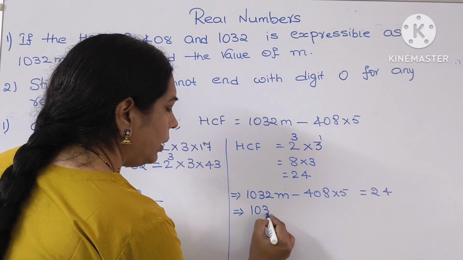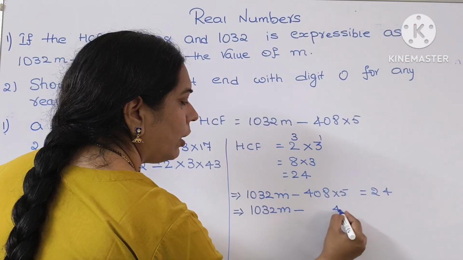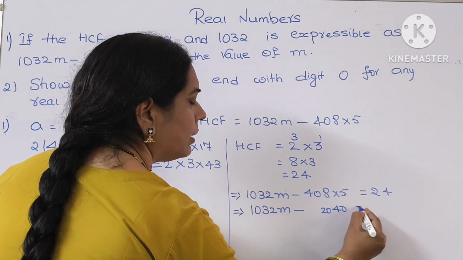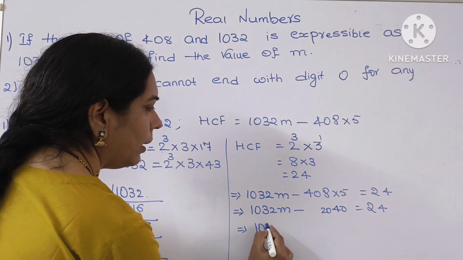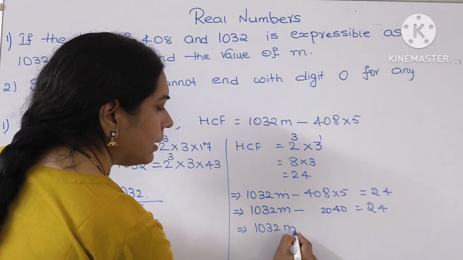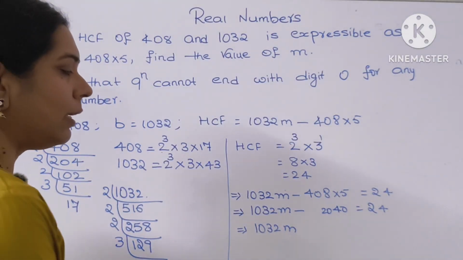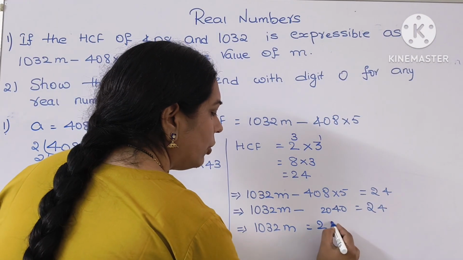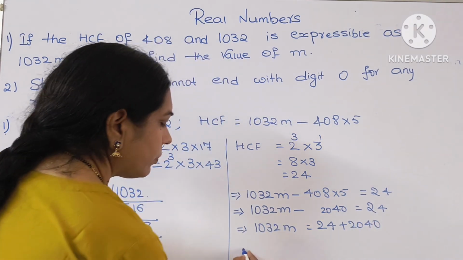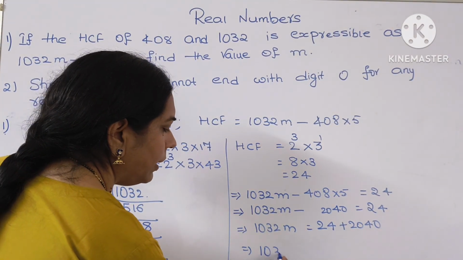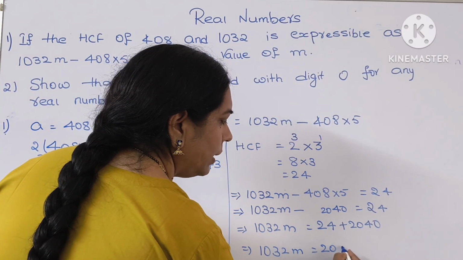So, 1032m, do the multiplication here, 5 8's 40, 5 4's 20, is equal to 24. Next, transpose the number 2040 to the other side. When a negative number is transposed to the other side, it becomes positive. So, this becomes 24 plus 2040. So, 1032m is equal to, add both the numbers, it becomes